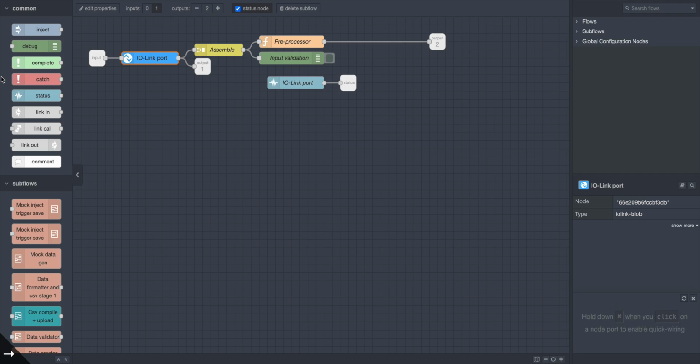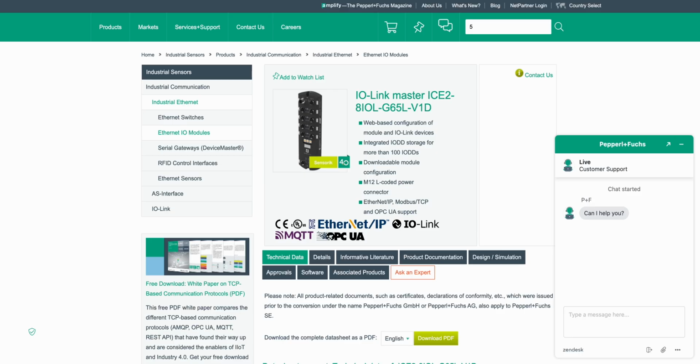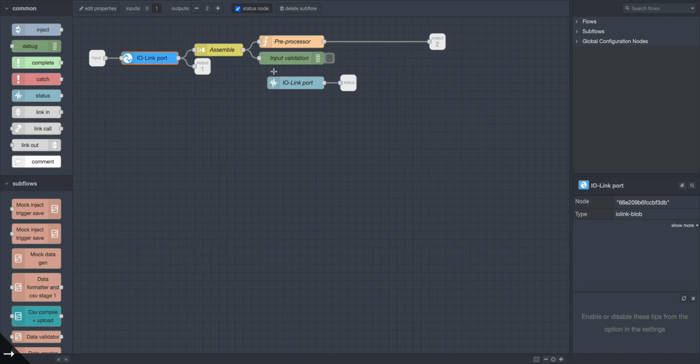To give you a bigger picture on this, this particular flow is running on the edge. This is running in a gateway. This particular gateway is connected to this particular IO-Link master. And this node is the interface between the gateway and the IO-Link master, at least for blob pulls. And what is happening here is,